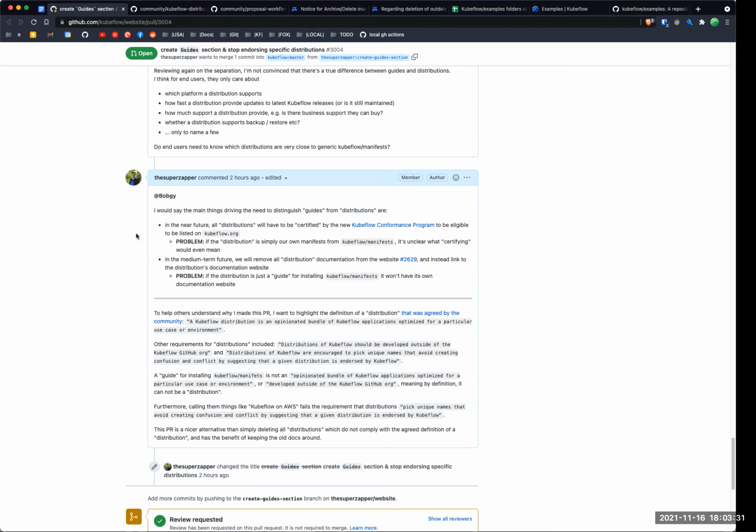Like, the point is, if you're making a case that I want to remove the distributions because they are endorsement, you probably also want to remove the guides because they also look like an endorsement, right? I'm not saying remove the distributions because they're endorsement. In fact, I think we're agreeing. Based off what you've said, there are two different methods of installing Kubeflow, a package distribution and a guide. This PR, all it does is split them up.